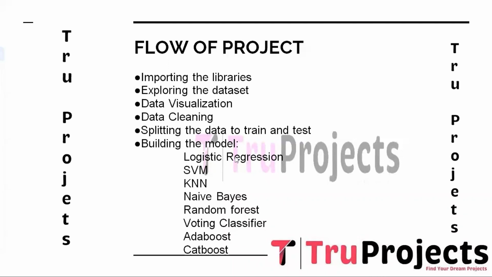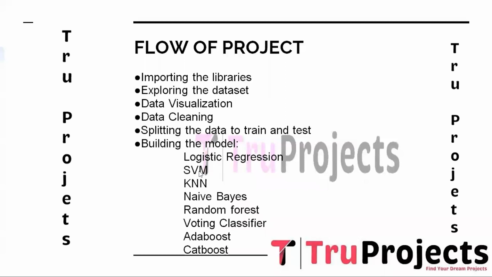Here it's acceptable or unacceptable, yes or no. However, it can also be extended to handle multi-class classification as well. The algorithm calculates the probability of the input data belonging to each class using a logistic function and then assigns the data to the class with the highest probability. It models the relationship between the features and the target variable using a linear equation, which makes it simple and interpretable.